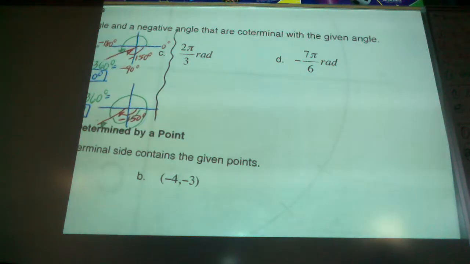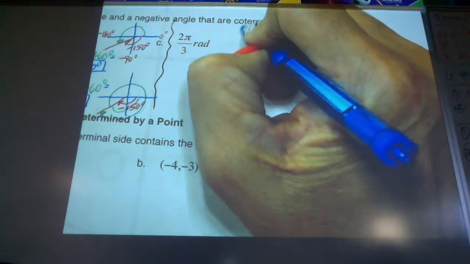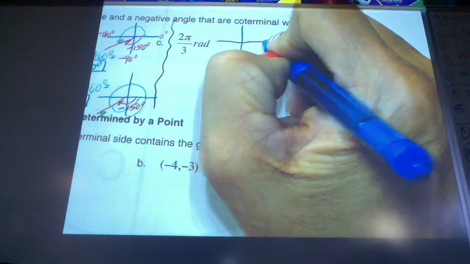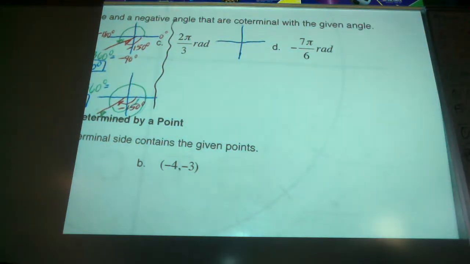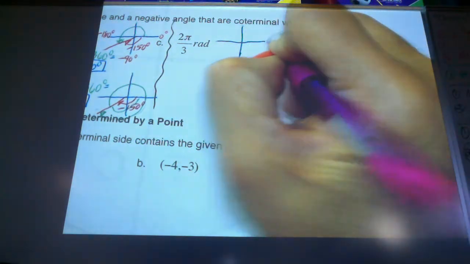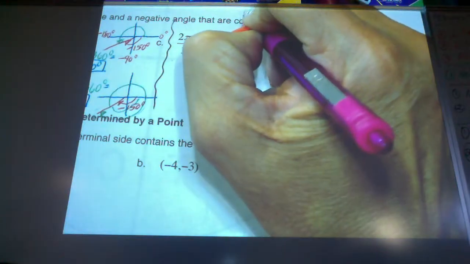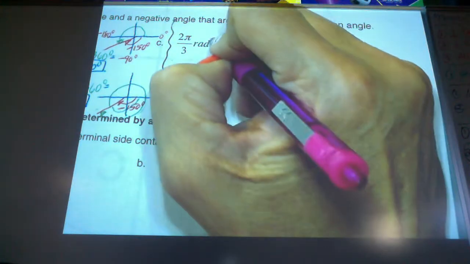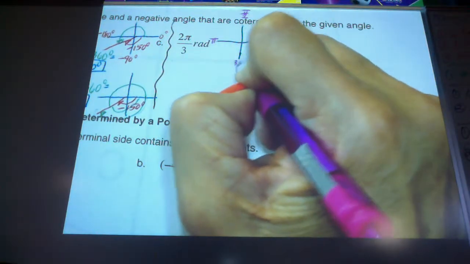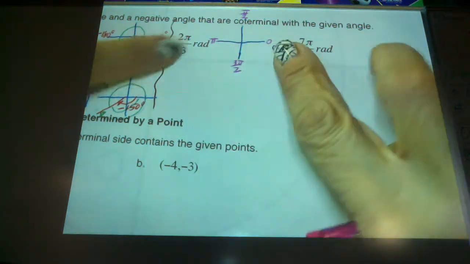Gradient measure just means you have to have a shift in your brain as far as how you're thinking about the unit circle. We're no longer thinking in degrees, we're thinking in radians. So as I draw my picture up here, bear in mind that this is 0 radians. This is pi over 2 radians. This is pi, 3 pi over 2. Now I really only pay attention to 0 and pi,